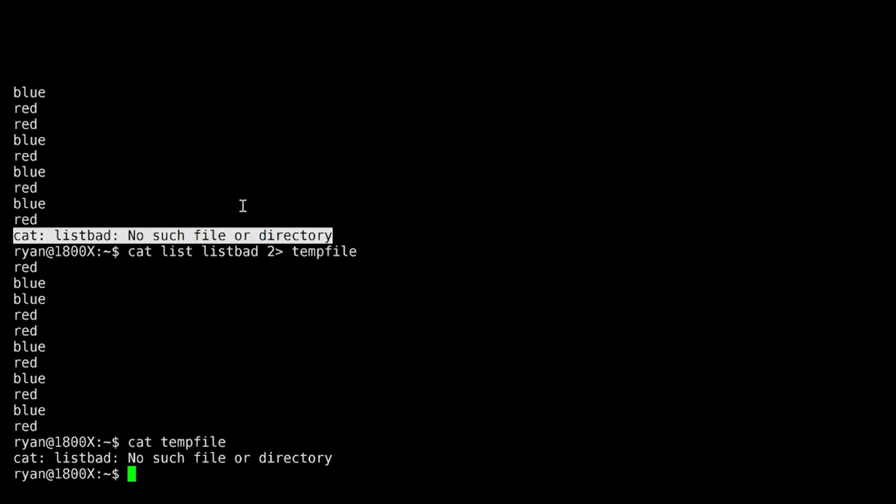This is obviously a huge thing when you're scripting and stuff like that. Probably the most common example I can think of, if you've ever tried to recursively change permissions, or you ran a program that needed file permissions and didn't have them, and you didn't use sudo, and the user that you ran it as didn't have permission, you will get a wall of error output. Permission denied, permission denied, permission denied. If you didn't want to see that, if you only wanted to see the results of the successful stuff that your program did, then you could redirect the error output somewhere else. Or you could redirect it to a file so that it's easier to go through later